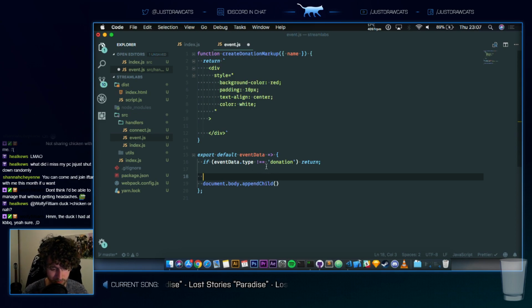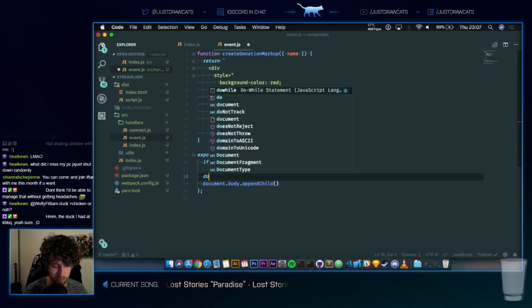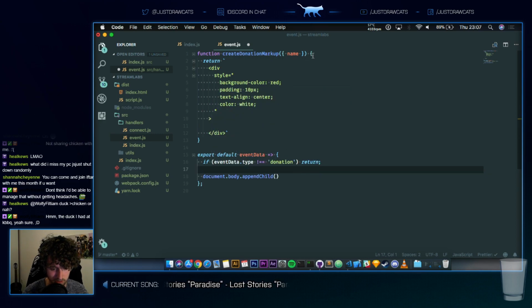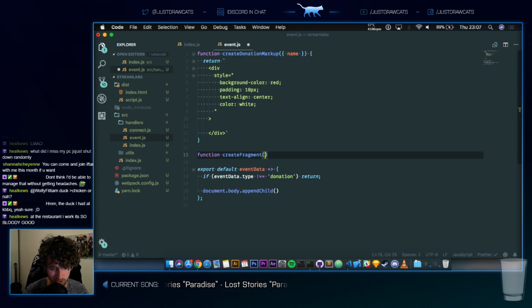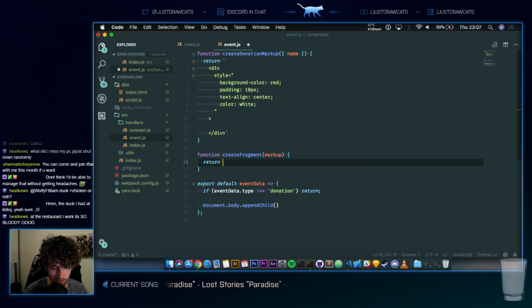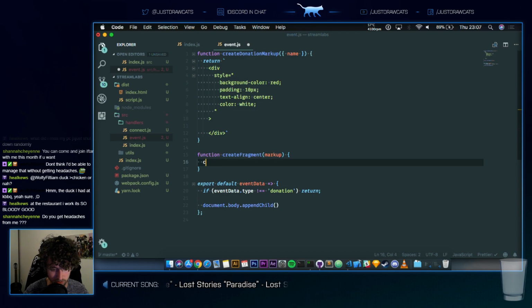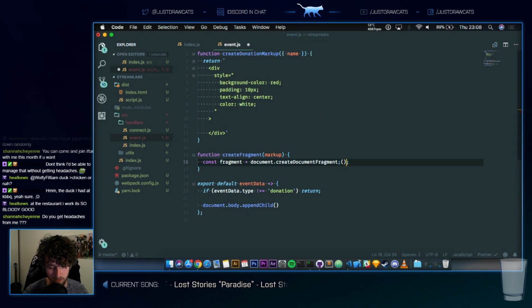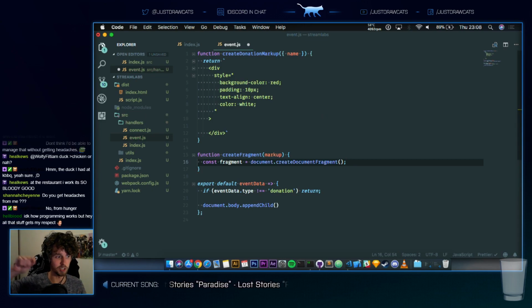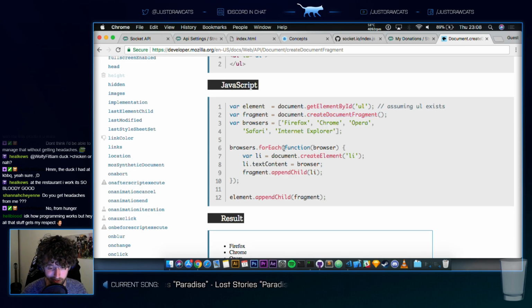So when a donation comes in, we call the markup function, create document fragment, which takes the markup and then returns a document fragment. Fragment is document dot createDocumentFragment. What this does is it legit just makes a virtual node, so just a fragment, and then you can add